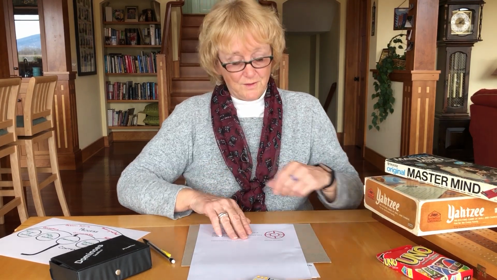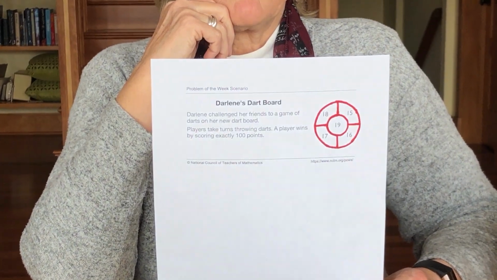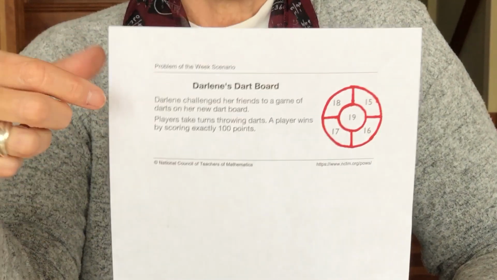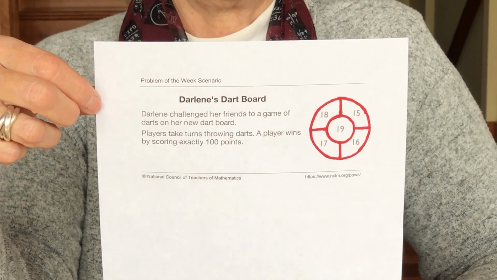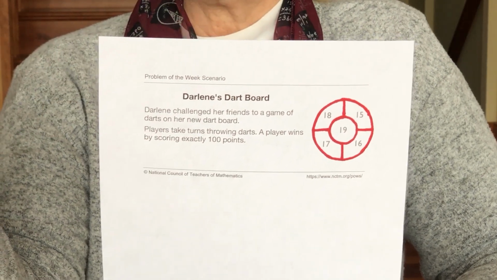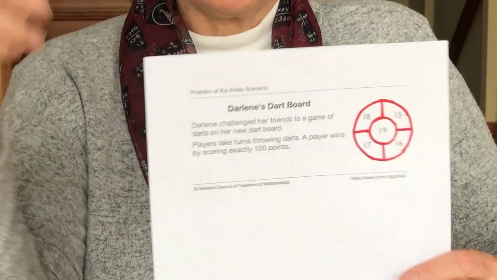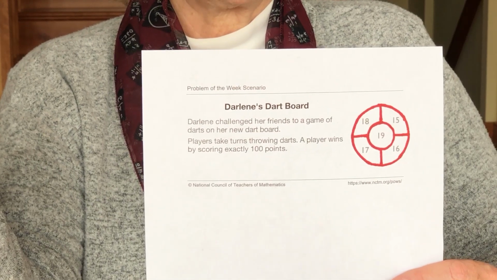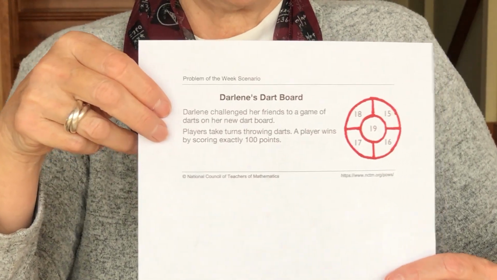Do I have to use every one of the numbers? Could I use the numbers more than once? Meaning, could I find a solution where 18 is used more than once? I'm wondering if I can indeed get exactly 100. I wonder if there's more than one way to get 100. All of those are questions that we want students to ask as they're working on this problem, because that's part